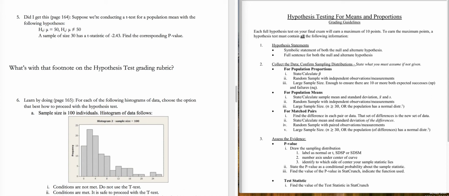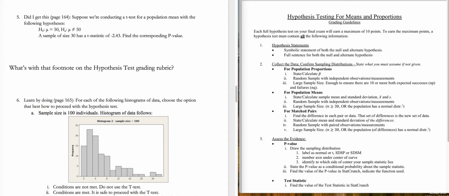Okay, I am continuing with our mod guide and learning videos for mod 25. I'm going to take a look at the "Did I Get This" activity on page 164. They've given us a null and alternative hypothesis, a sample size, a test statistic, and they're asking us to find